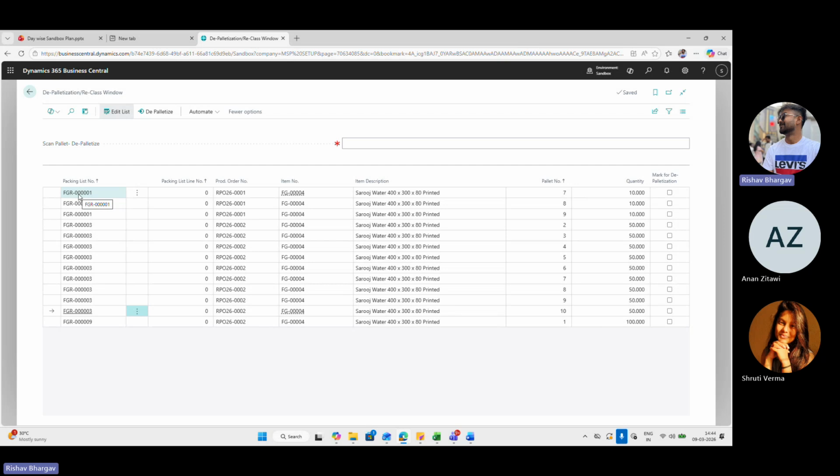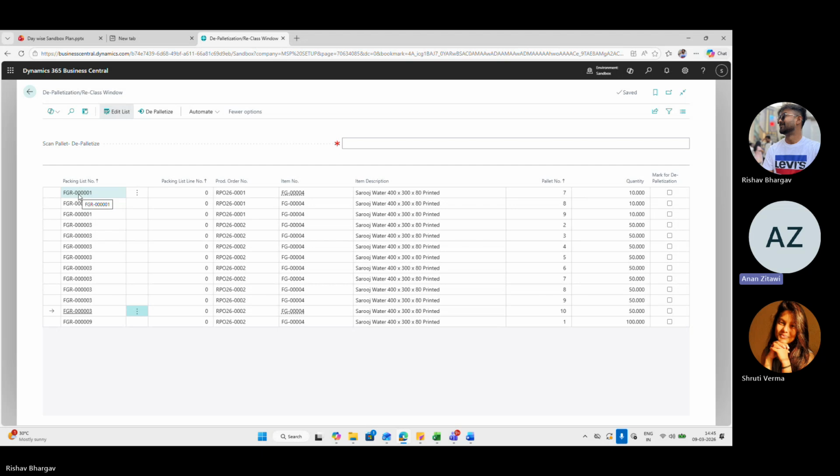So how much quantity we have received and how many pallets we have received is appearing here. Those pallets are appearing here, with the packing list number. There are different packing list numbers with different production orders, and all of these pallets, pallet number 7, 8.